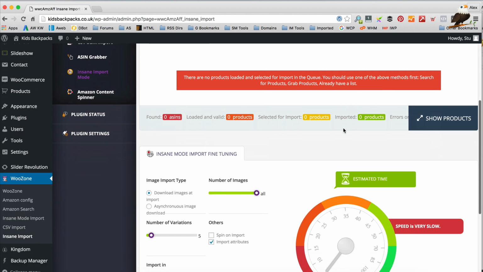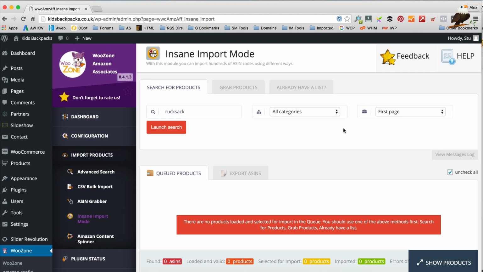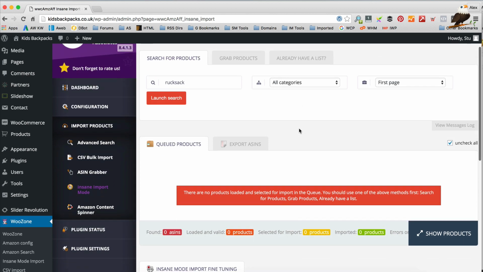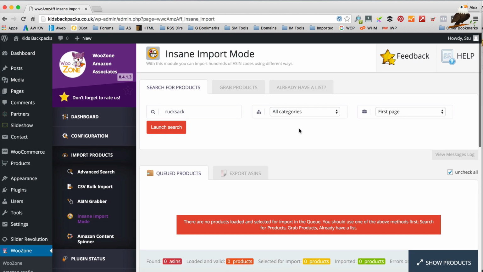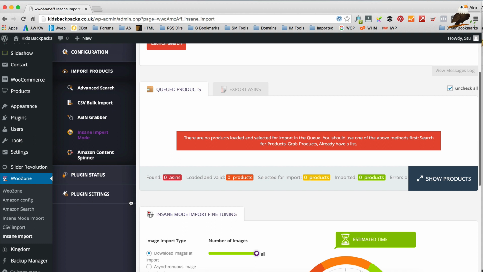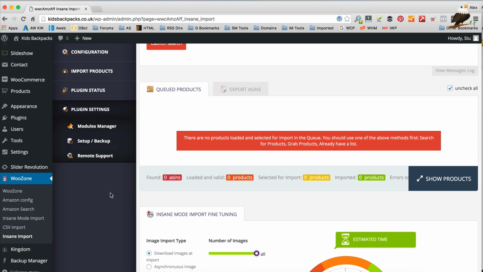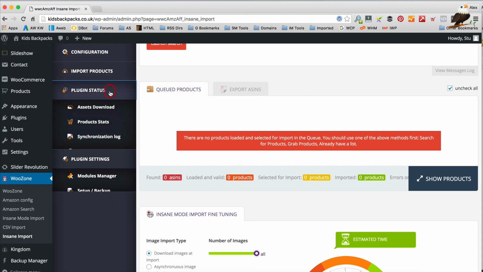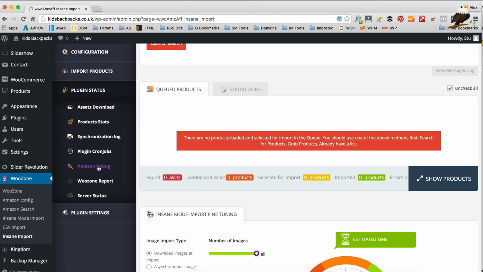And nothing happens. There's no products come up, and other people have said that it gets just stuck on that loading screen and nothing happens. But basically, yeah, the problem is nothing happens. So if you do get a problem like this, the first thing you need to do is actually look into what's causing it. And if you go into plugin settings, no, plugin status, and go to Amazon debug,